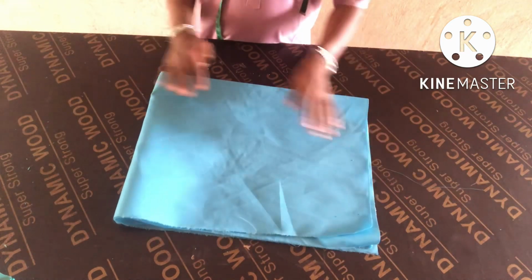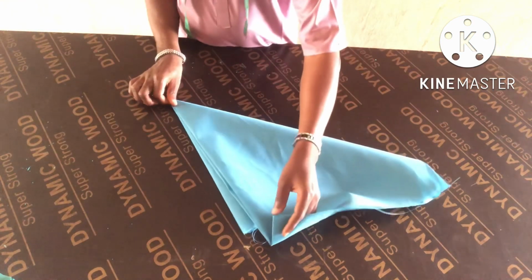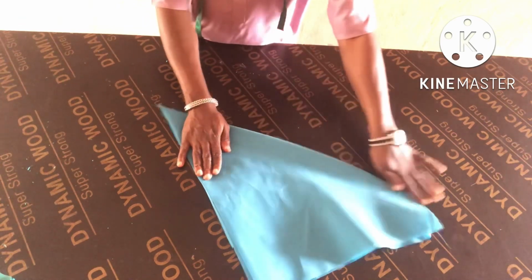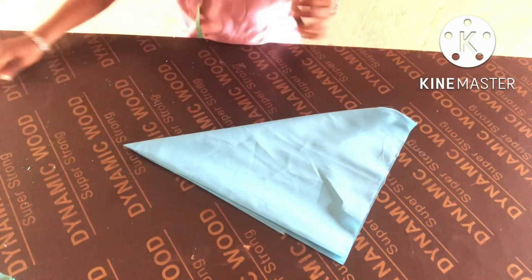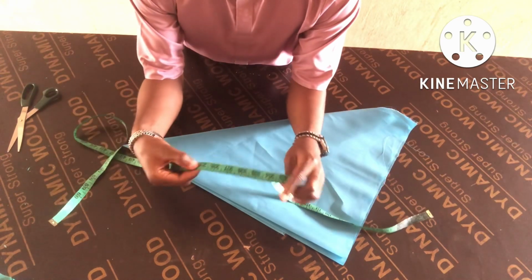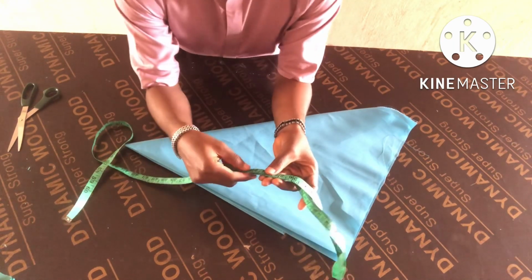Just fold into 4, then you fold into 8. So it's just a flare. Your flounce can be in flare form too. You can cut it as many as you want to form the flounce, but it's still cut in flare form. So the waist is